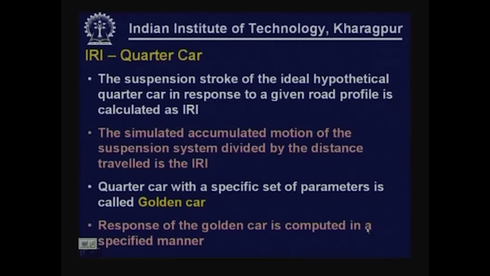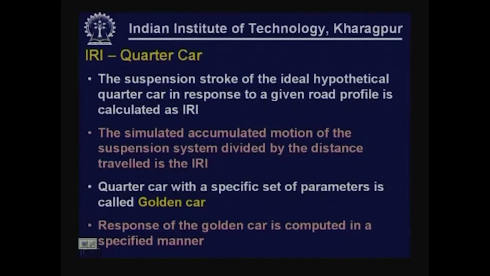The suspension stroke of the ideal hypothetical quarter car in response to a given road profile, as it is made to move over a road having different characteristics. So, the suspension system of the quarter car responds, and the suspension stroke is calculated as IRI. The simulated accumulated motion of the suspension system divided by the distance travelled is the IRI. Quarter car with a specific set of parameters is called the golden car,